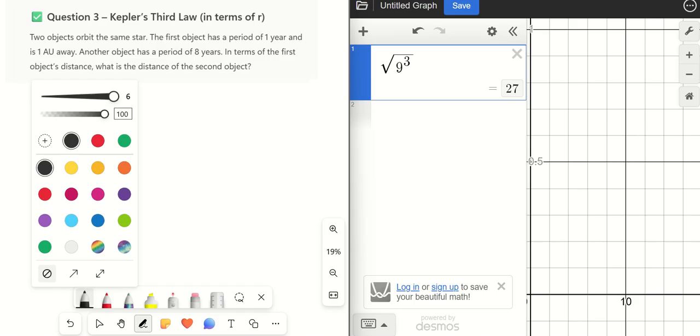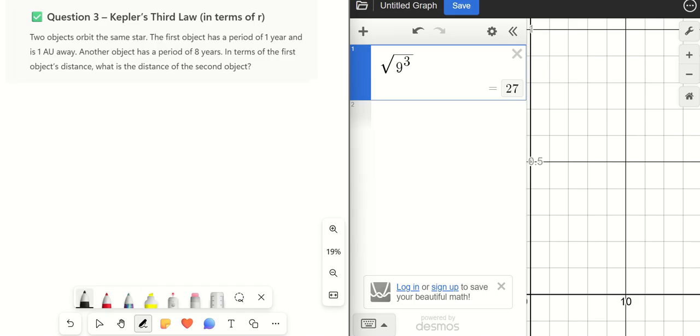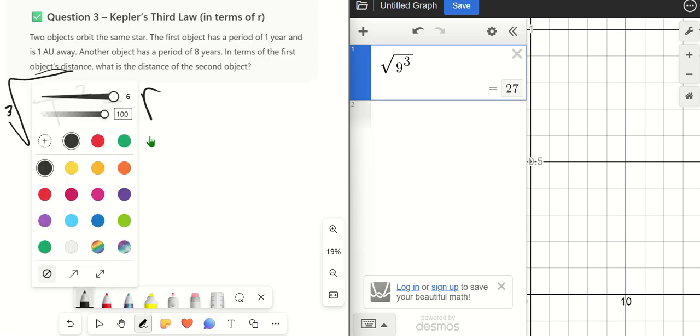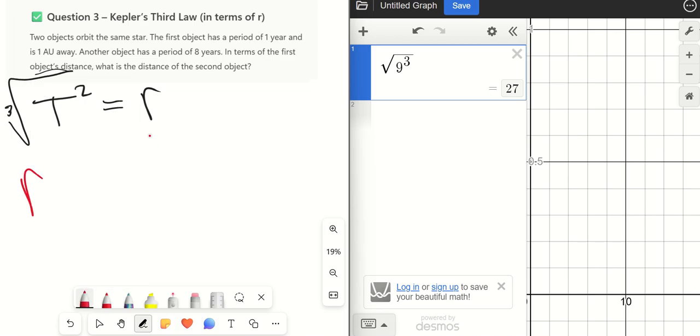So again, we're going to start off with just what we know. We know that our period squared is going to be proportional to the cube of the distance, that average distance between the central body and our orbiting object. Now, since we're giving our answer in terms of distance, I need to get this r by itself. So now I'm going to cube root both sides. This turns into just the r. So anytime I see the cube root of T squared with no other numbers in it, that's equal to my original radius. Now what I'm going to do is put the new distance,